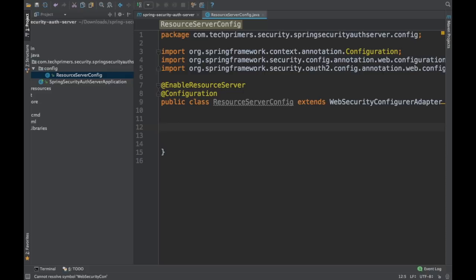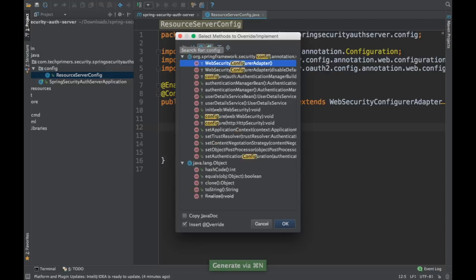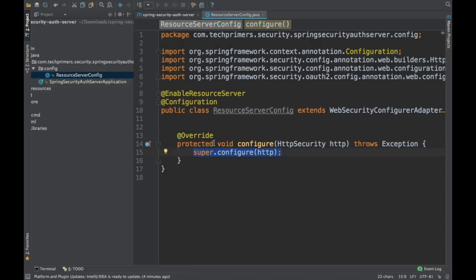So that is why we need this. What we are going to do here is create the override. Which method do we need to override, right? There is a configure method which will accept the HTTP security, so we are going to override that. And instead of the super.configure, we are going to say